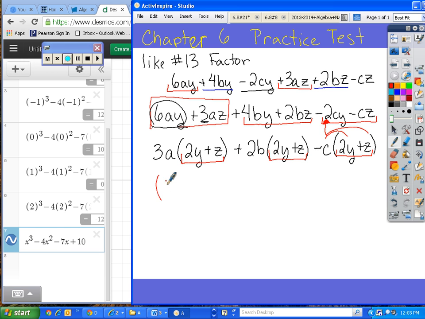So I'm going to bring my common factor out and see what I have left. From the first term, I'm going to have a 3a. From my middle term, I took out the 2y plus b, and I'll be left with a 2b. And my final term, when I take out a 2y plus c, is minus c. And now I have factored